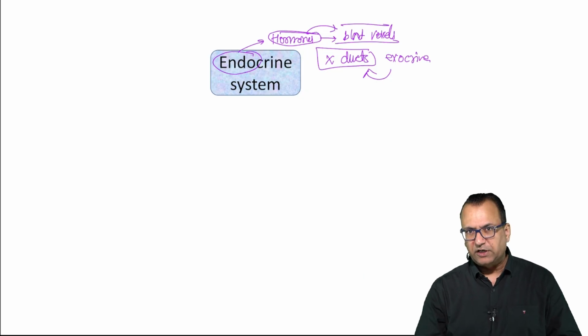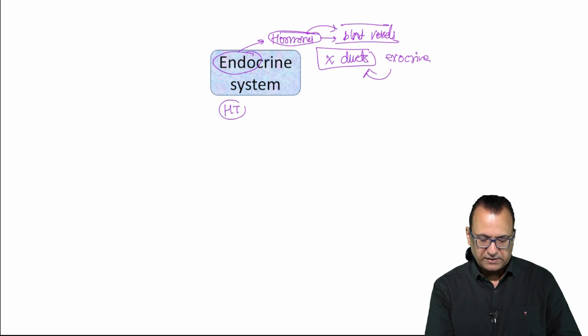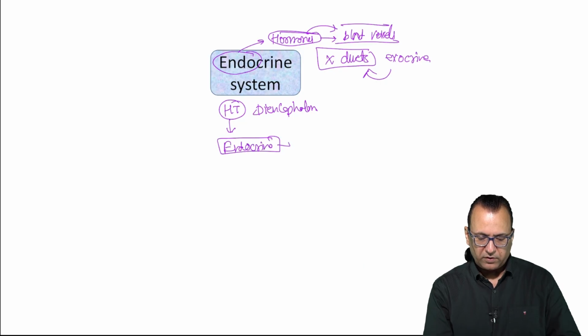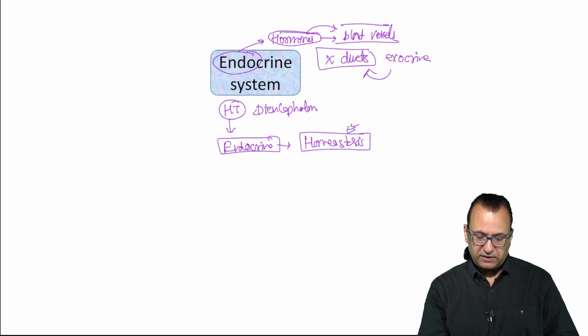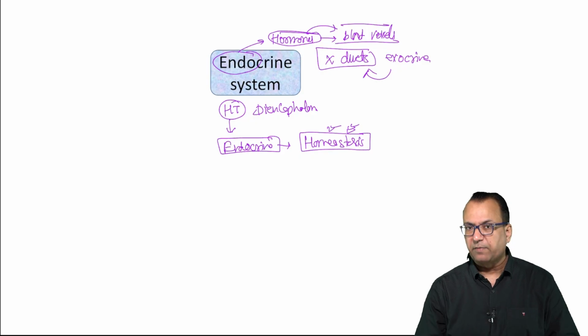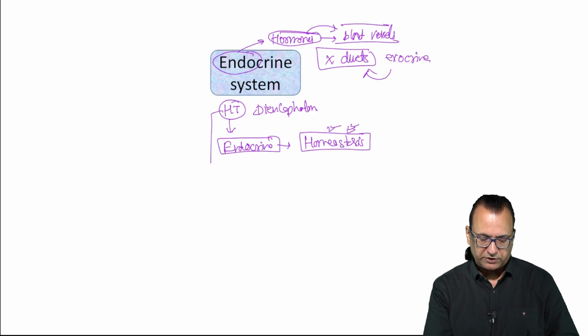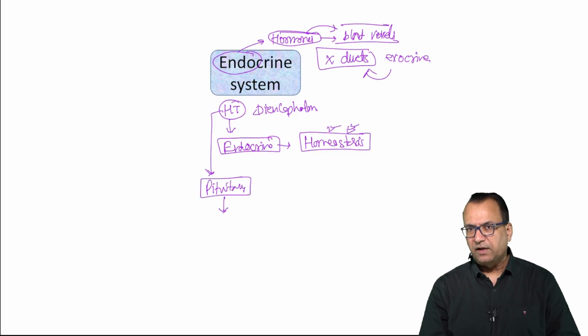The endocrine system is under the hypothalamus, the diencephalon part of the brain, and this hypothalamus is basically controlling the endocrine system. The endocrine system itself is controlling the homeostasis of the body. So the body must have its constituents in balance, and that internal homeostasis is maintained by the endocrine system. Basically the hypothalamus is controlling the master gland, which is the pituitary, and the pituitary itself will then be controlling